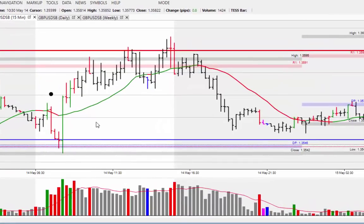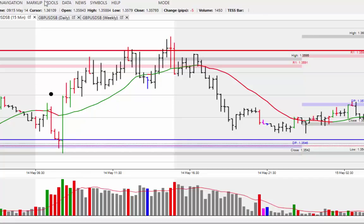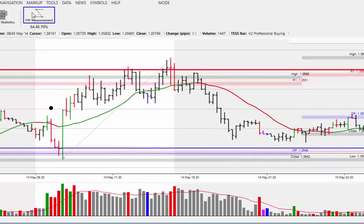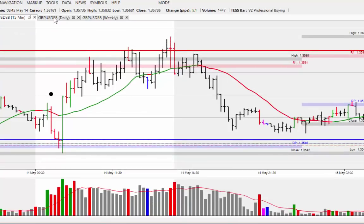So yesterday in the pound, a very narrow range, as you can see here, from the low to the high. We're probably talking about 70 or 80 points. Let's just have a quick look at this. Really quiet. 64 points for yesterday, and the one losing trade there as the market filled the order, but it